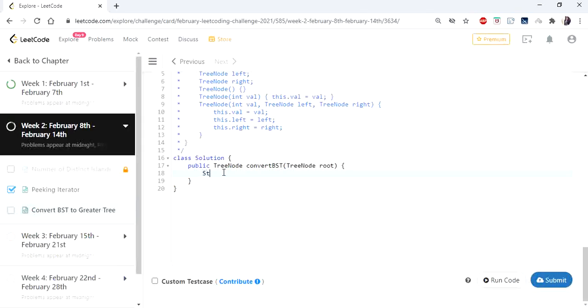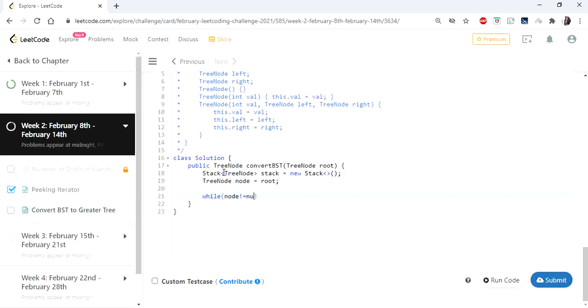As I said, I'm declaring a stack of tree nodes, and I'm going to declare a node which holds the root of the given tree. Now I'm going to start traversing. That is, I'm going to start traversing till there are no right nodes left.